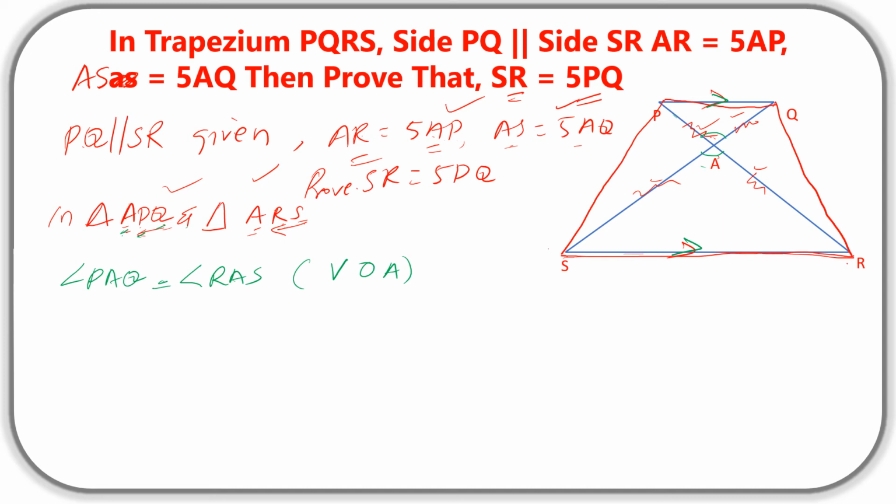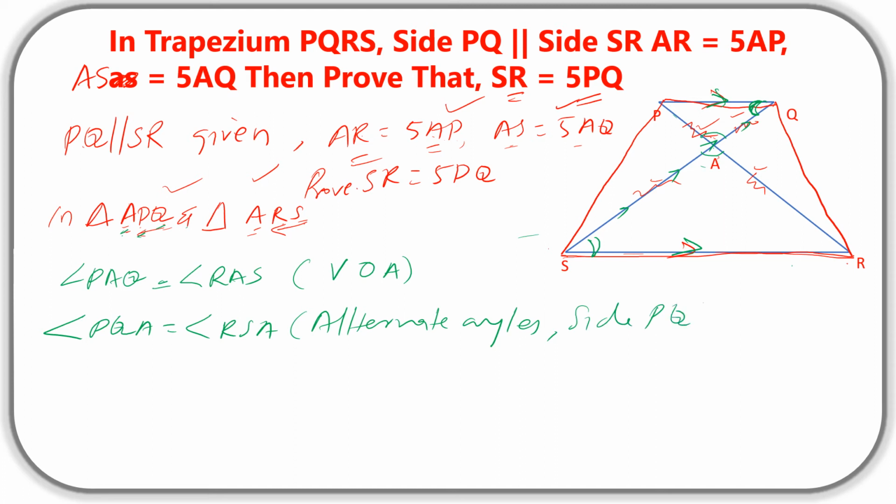So in that case, this angle and this angle are equal because this is parallel to this, and we can consider this as a transversal. So angle PQA and angle RSA: angle PQA is equal to angle RSA because they are alternate angles. We have to write that side PQ is parallel to side SR,